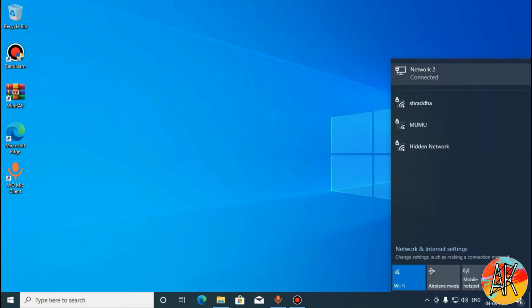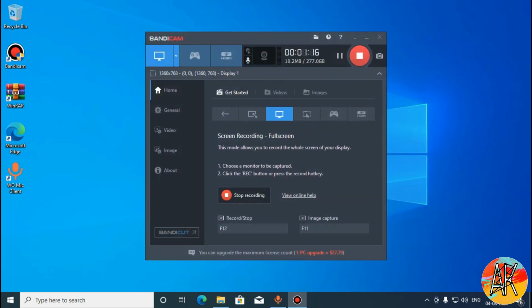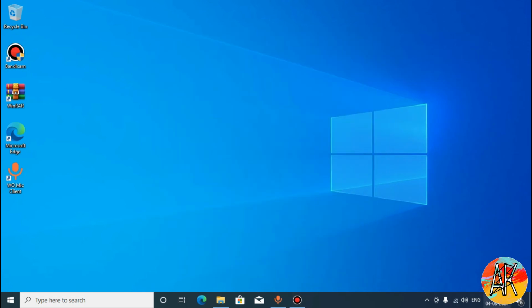So now you can see that earlier I was using phone internet from the wire. So now our Wi-Fi has started. So guys, now you can see that I have successfully connected my Wi-Fi. So now let's see how to install the Chrome browser.